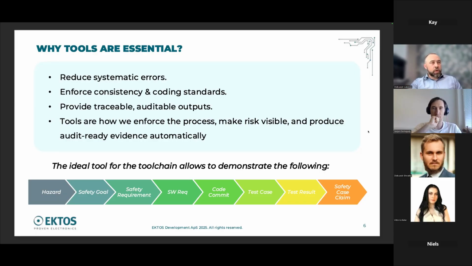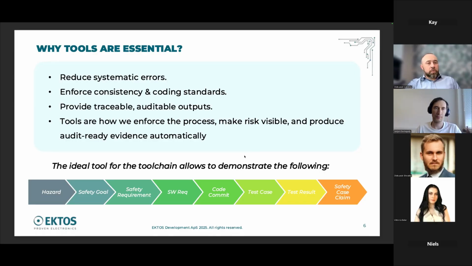So in this way, we actually visualize and put on the surface the risks we can face during the process. And then again, as I said, we automatically produce the evidence set. And that's really important. We'll talk about that a little bit later in the presentation. So basically, if we combine all that into the one ideal tool chain we can imagine in our brain, then